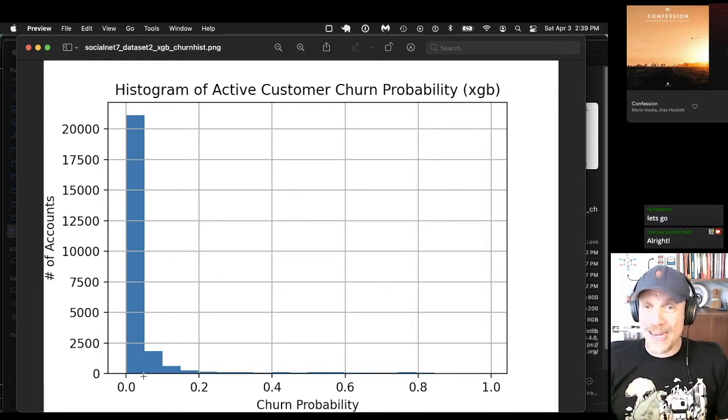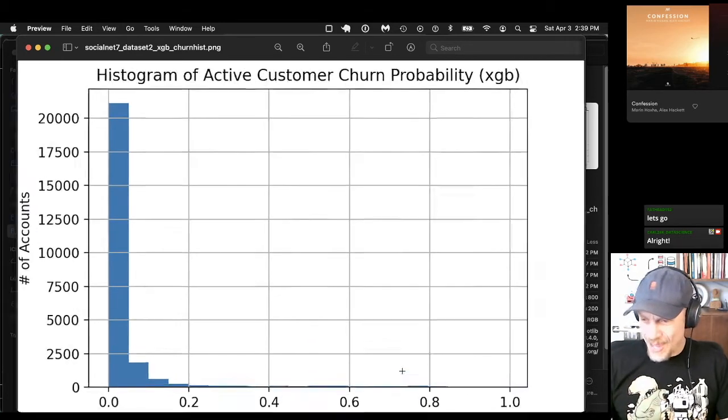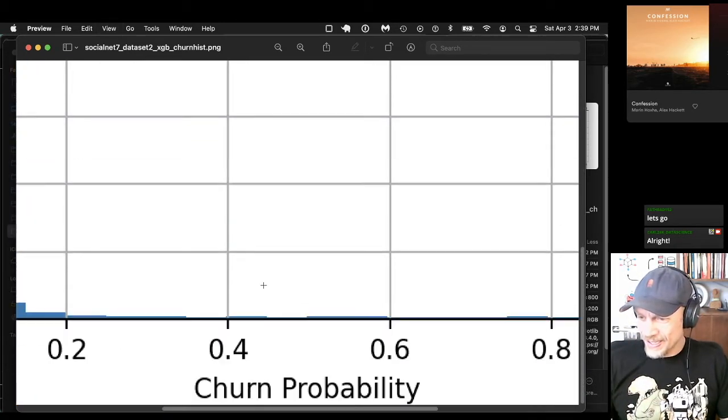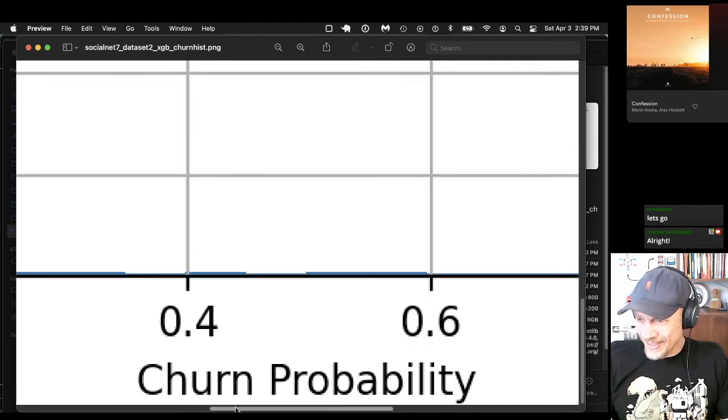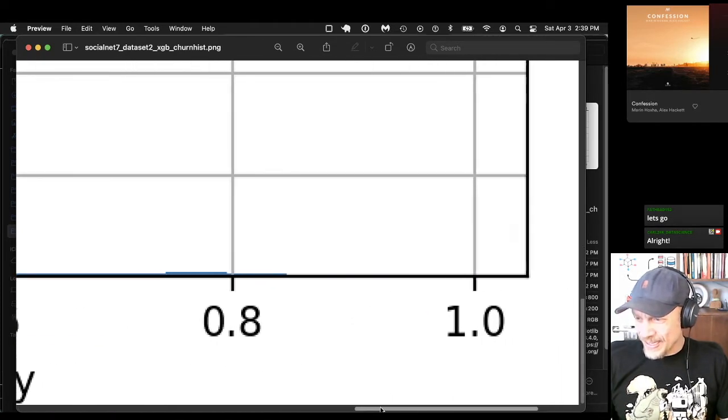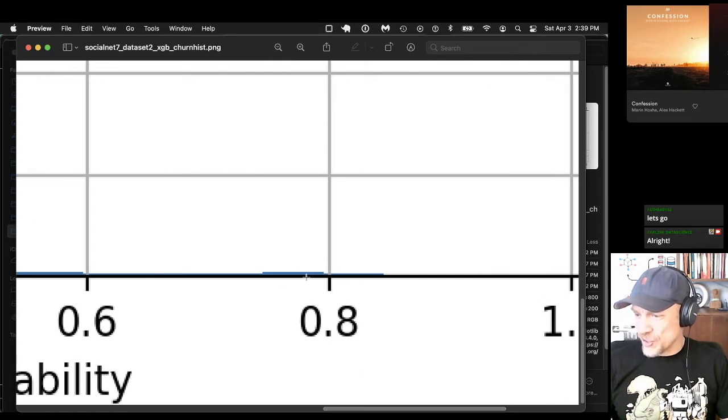Well, there's not that many of them. It looks like there's a few way down here. You can't even see the line, but I think there might be a few. There's a few over here. I don't know if you guys can see these little bumps. It looks like there's a few customers with about 80% churn probability here. I guess that's as high as it goes.